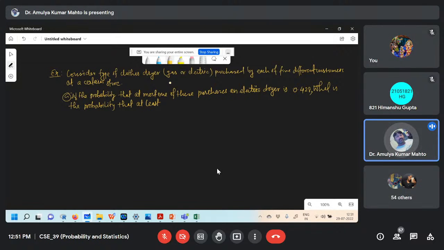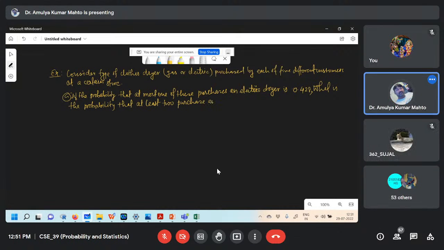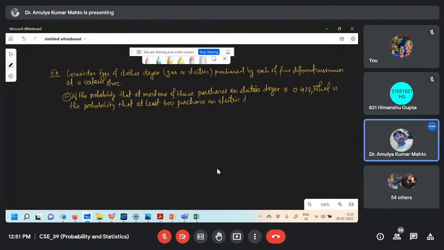At least two purchase an electric dryer. So suppose I am considering that A is an event